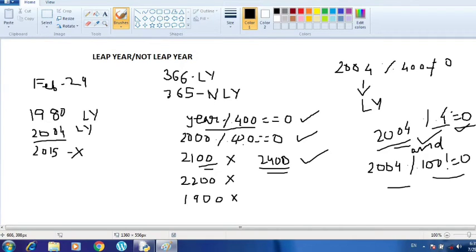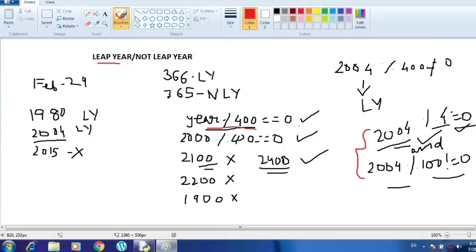So we got two conditions here now. This is the one condition and this is the second condition. So we are going to use the if statement and make the program with the help of the if statement. First of all, we are going to get the year entered by the user. Then we will use this condition: if the year is divisible by 4 and it is not a multiple of 100, then it is a leap year, or if it is divisible by 400, then it is a leap year. So let's go to the Python shell now and we will write the program.